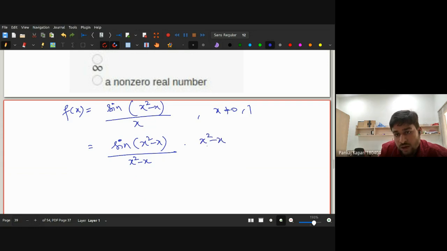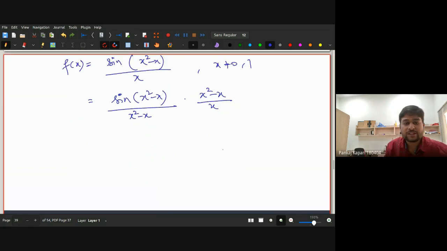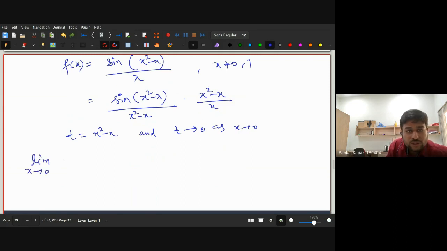And then we will have x square minus x divided by x. Okay, and then we will make a change of variable again. So t is x square minus x, and t goes to 0 as x goes to 0, right? If x becomes very small, then t also becomes very small, because t is just x times x minus 1. And the sign will also remain the same, and therefore the limit as x goes to 0 of f x is the same as